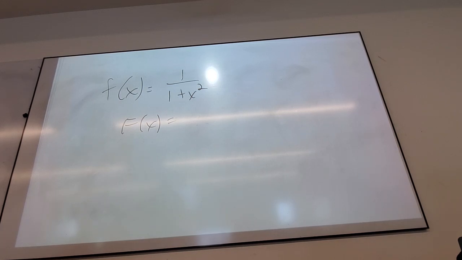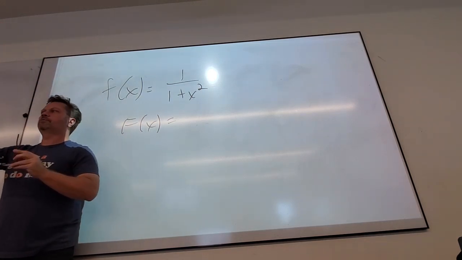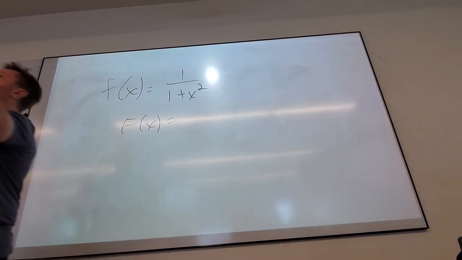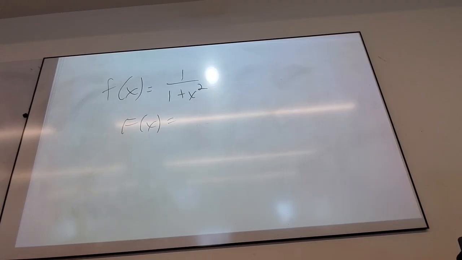Why not? Because the chain rule would tell you what would need to be up top. If it was ln of 1 plus x squared, wouldn't that be 1 over 1 plus x squared times 2x? Is there a 2x up top? Are we missing more than just a constant then? What are we missing in order for this to be a direct antiderivative? We're missing x, a variable. In order for this to be a natural log, we're missing 2x. We're missing a functional piece. We're missing more than just a number. Do you guys see that?